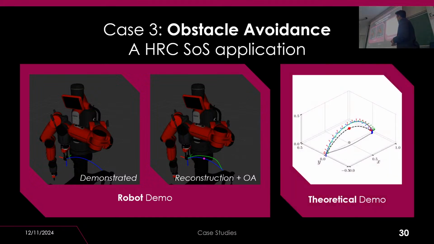And this is compatible with the theoretical demo, where we give in the dotted line a demonstration, and by considering the ball, the red ball, as an obstacle, the robot, or well, in this case just the reconstruction, successfully steers